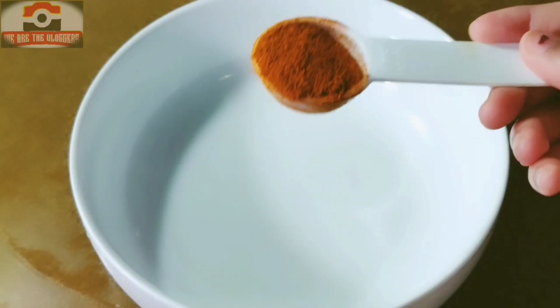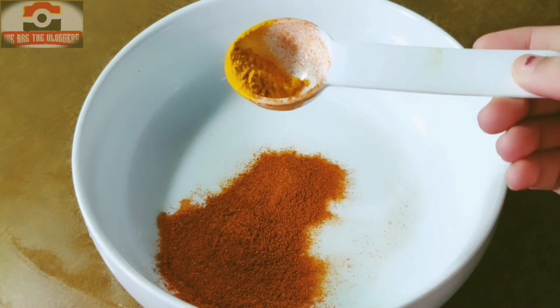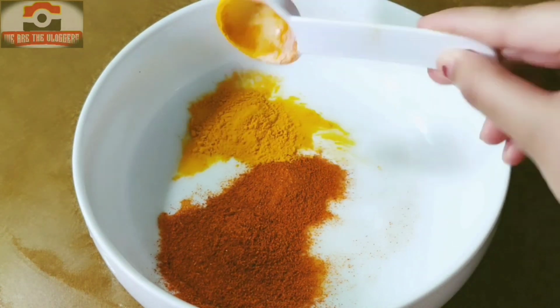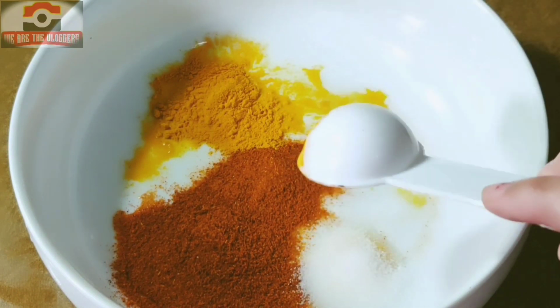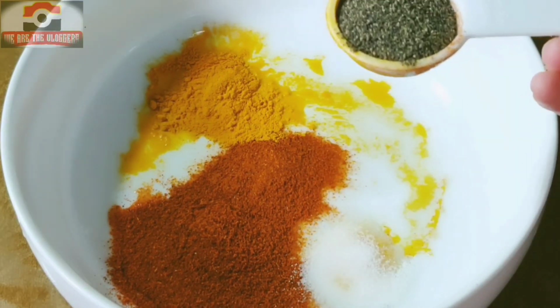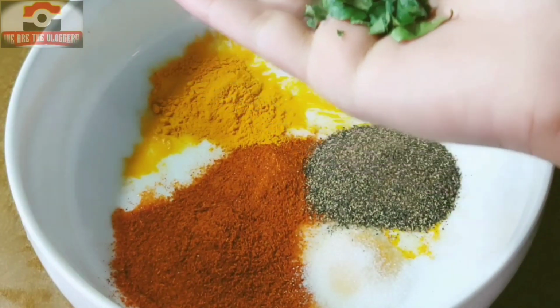Add 1 tablespoon of chili powder, half tablespoon of turmeric powder, half tablespoon of salt, 1 tablespoon of pepper powder, handful of curry leaves,